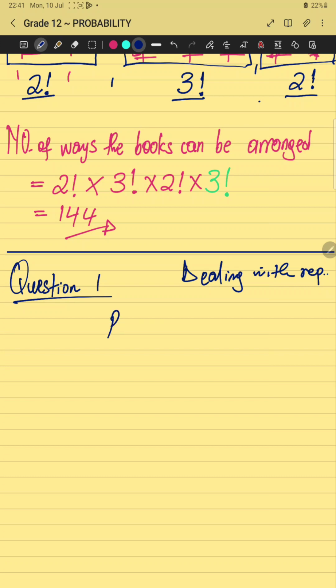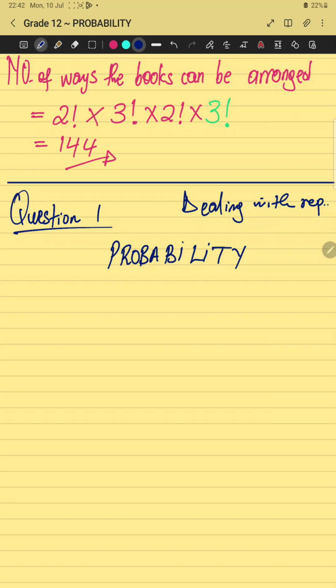Let me just write this word here. Now let's start. In the probability, they are saying determine the number of different ways that the letters can be arranged. So what we are going to do here is count the letters that the